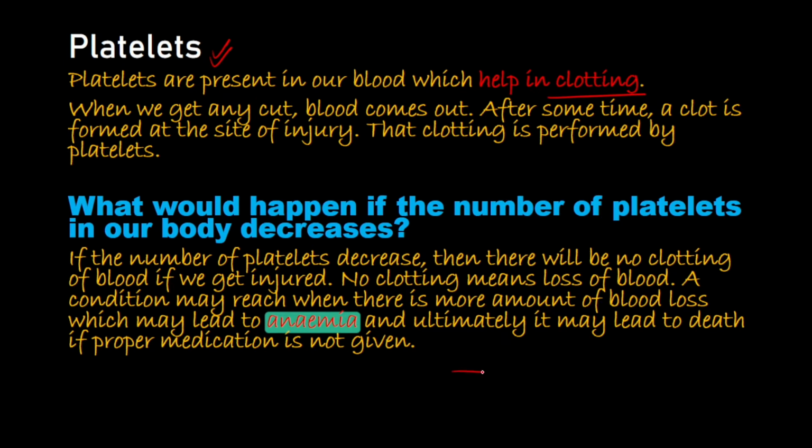So you know what is clotting? For example, this is a blood vessel and you got some cut over here. Now the blood will start coming out from here, right? Now the platelets start functioning here and they form a clot over here. Because of this clot, no more loss of blood takes place. Now what would happen if the number of platelets decrease in our body? Definitely, if there is a smaller number of platelets, more blood will start coming out, right? In case you get a cut. So it will lead to anemia, that is the deficiency of blood. And if no proper medication is given, then